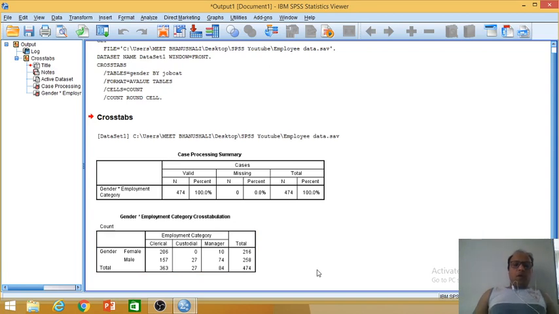What we need is, we also want percentages. So we are interested in knowing among the total number of females, what percentage of females are doing clerical jobs, what percentage are doing custodial jobs and what percentage are doing managerial jobs, and the same thing among the males. So we need percentages also.